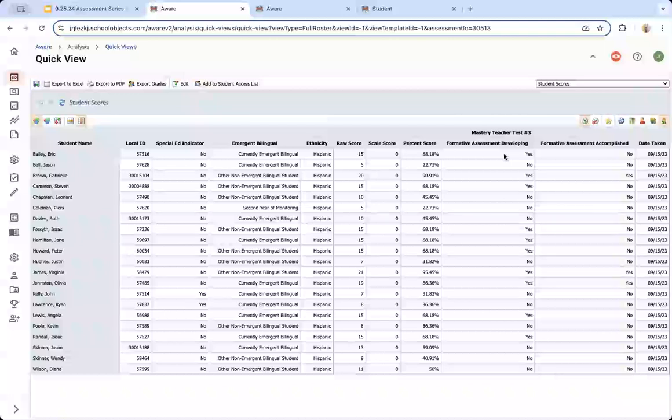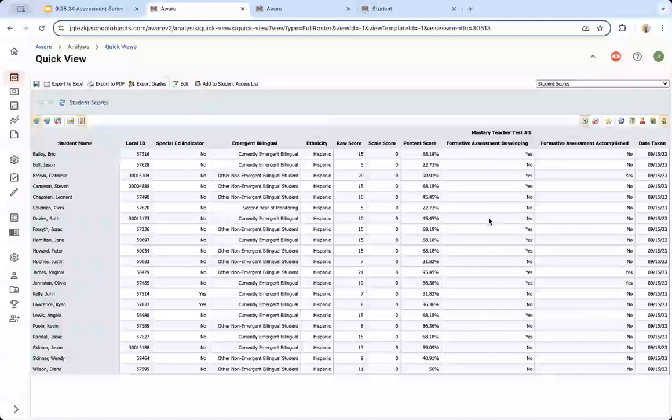I want to tie the performance level breakdown into assessment practices as well. If you're a Texas district, for the most part, you're probably going to have performance levels that are did not meet, approaches, meets, masters, and maybe even the high lows of two of those. But with my example today, this really truly was a formative assessment. I only needed to know, did the kids get it? Are they developing, or did they not get it, and they're developing, or did they really get it and they're accomplished? And so that's how this particular assessment was set up. In formative assessments, it's typically a good idea to do it that way.